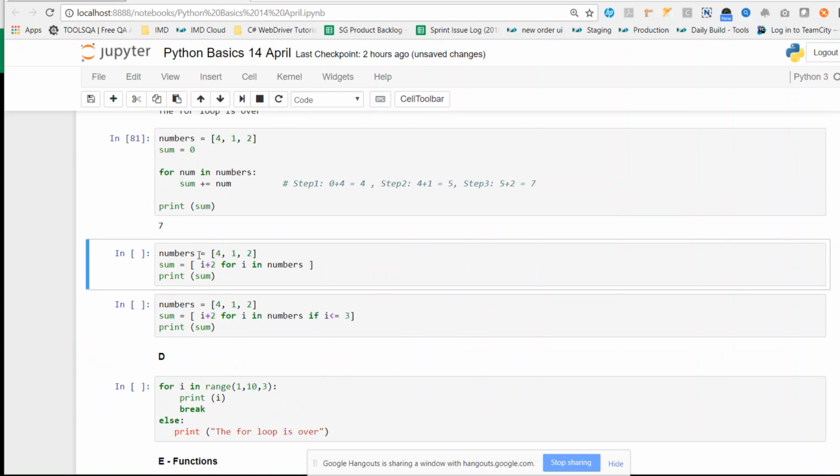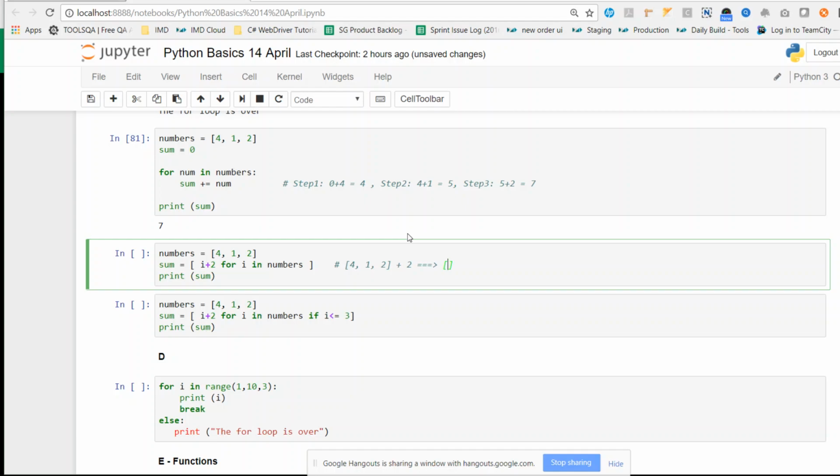Then there is one more list the same way, 4, 1, 2. Over here, if you see, the value of the list is increased. So 4 will become 4 plus 2. So the output will become as shown over here. The value of the list is 4, 1, 2. On adding 2, since I am adding 2, the list will become like this.